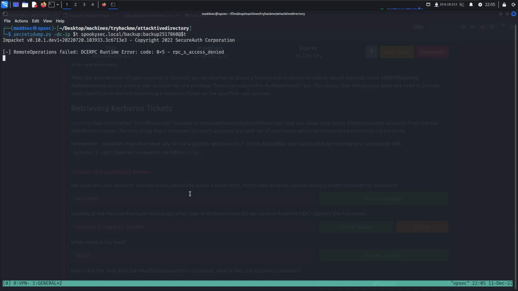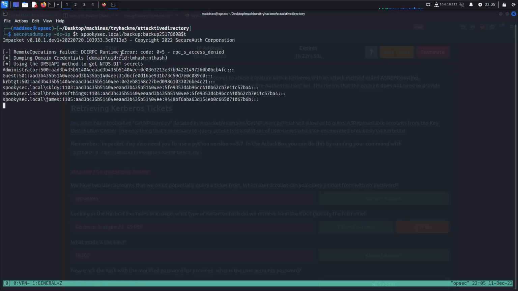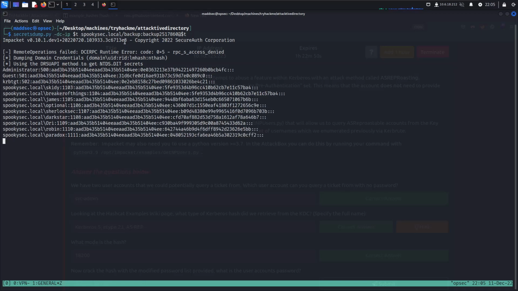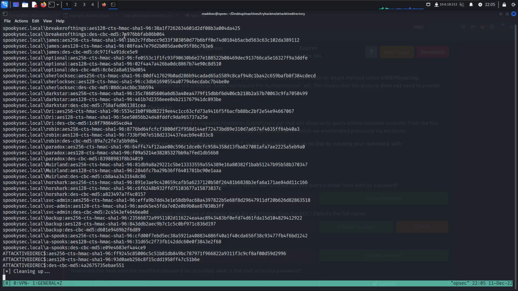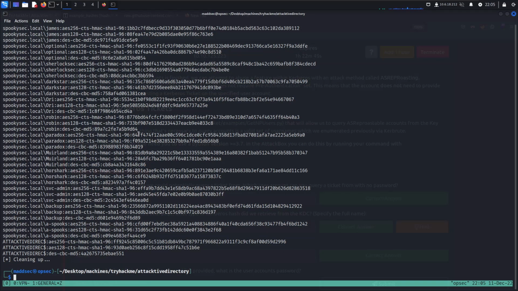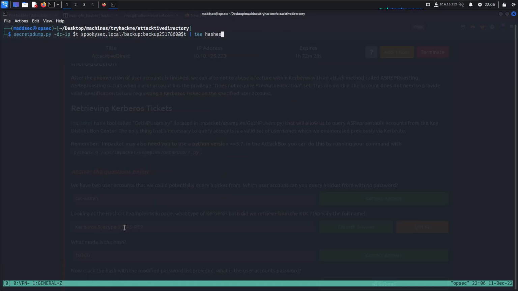So this is basically taking advantage of some privileges this account has, even though we don't have access. And obviously in a real environment, this would need a lot of EDR, antivirus, IDS evasion, right? Because it's not possible, like living off the land, right? Well, in this case, I want to tee hashes. Tee is a utility we can use